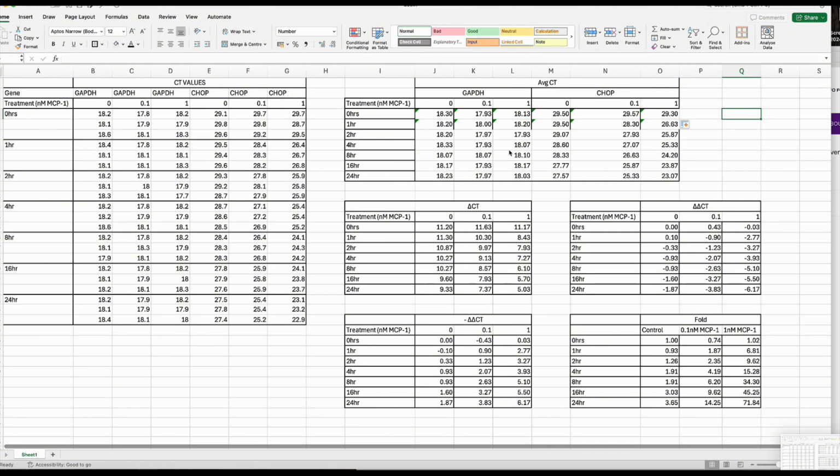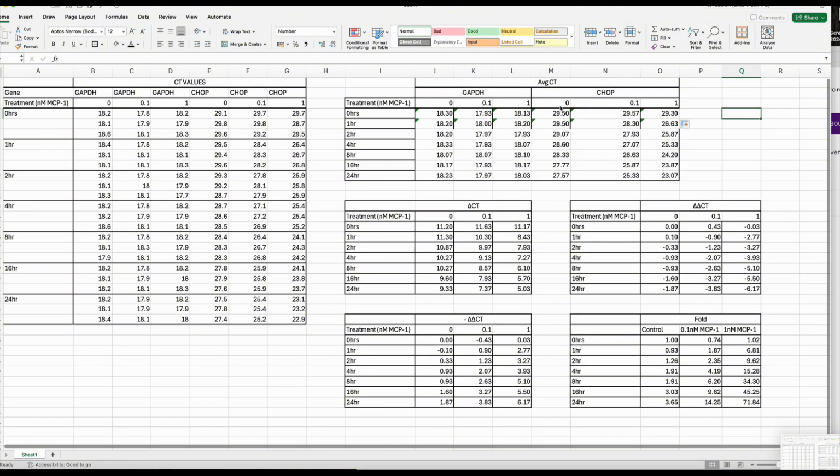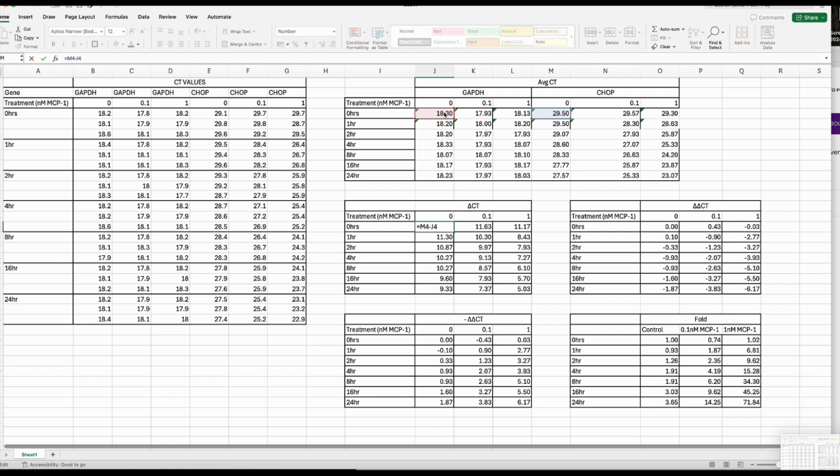or my first delta CT. To do this, I'm basically looking at the difference between the gene of interest and the housekeeping gene. So I'm looking at the difference in CT values between those two. So the change in difference is basically comparing the treatment level at the treatment time of the CHOP gene with its corresponding GAPDH or housekeeping gene. So to do this, I take this value right here, and I'll signify it by putting equals M4, or this value right here, and I subtract it from its corresponding housekeeping piece of data. Once you hit enter, I can then grab that left to right,